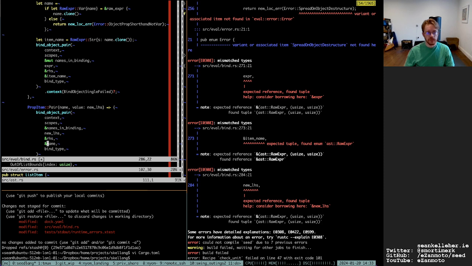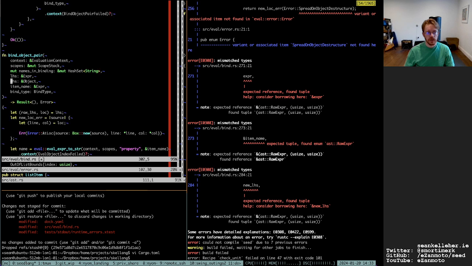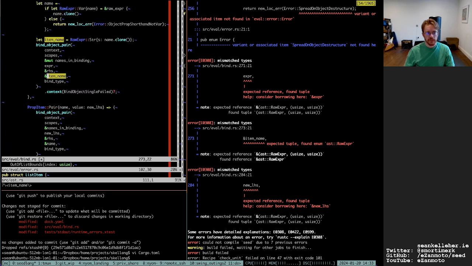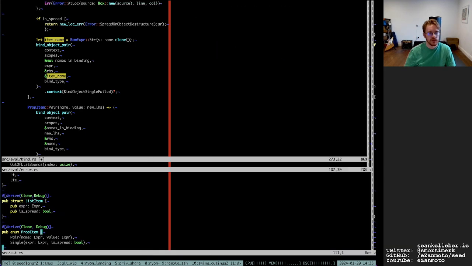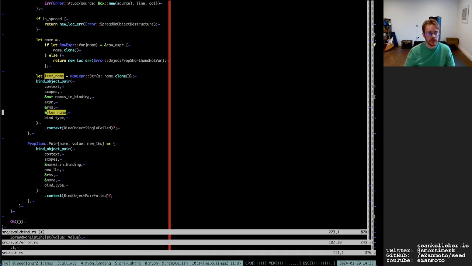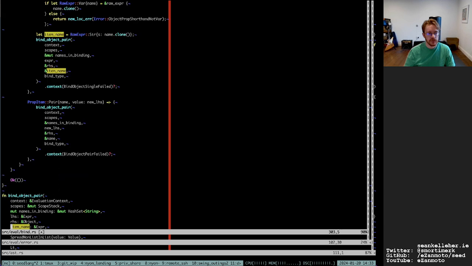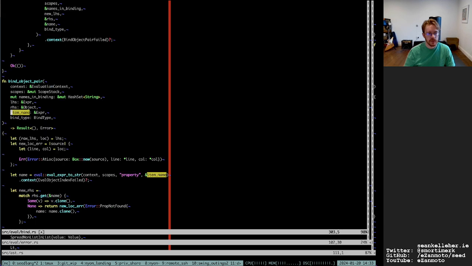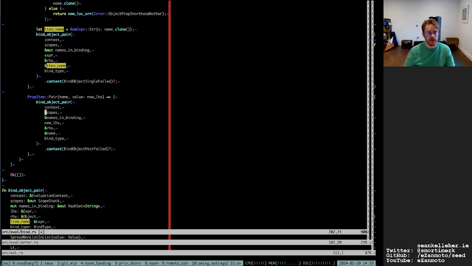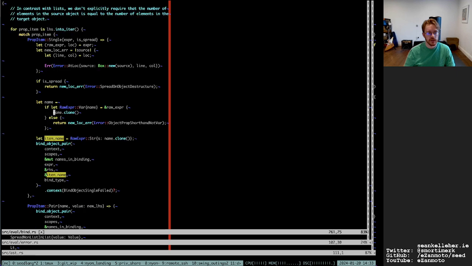So we have name is the item name. I find that difficult to understand. So what's the name in this case? Is a name from the left hand side that's being used on the right hand side?